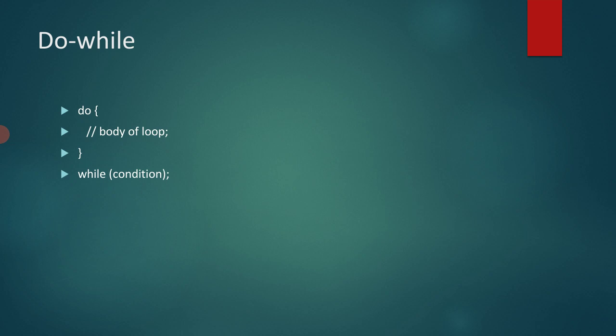So look at the syntax of do while. Do is a keyword, curly bracket start, body of loop, then it will execute the body of the loop. So do is a keyword, and after do there is a curly bracket, then the body of the loop, then curly bracket close. So this is how the do executes the case at least once. Then while will check the condition. If the condition is true, then only it will execute the case, otherwise it will exit from the loop. So this is do while.